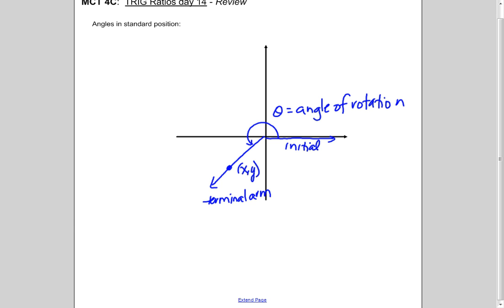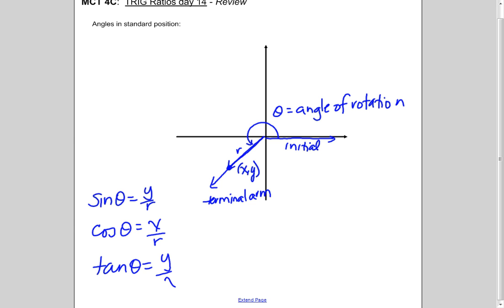such that sine of theta equals y over r. R is the length to the point. Cos of theta is x over r. And tan of theta is y over x. And we got those from opposite over hypotenuse, adjacent over hypotenuse, and opposite over adjacent when we set that up in quadrant 1. But we can extrapolate that to x, y's, and r's. The other relationship we can remember here is that x squared plus y squared is r squared